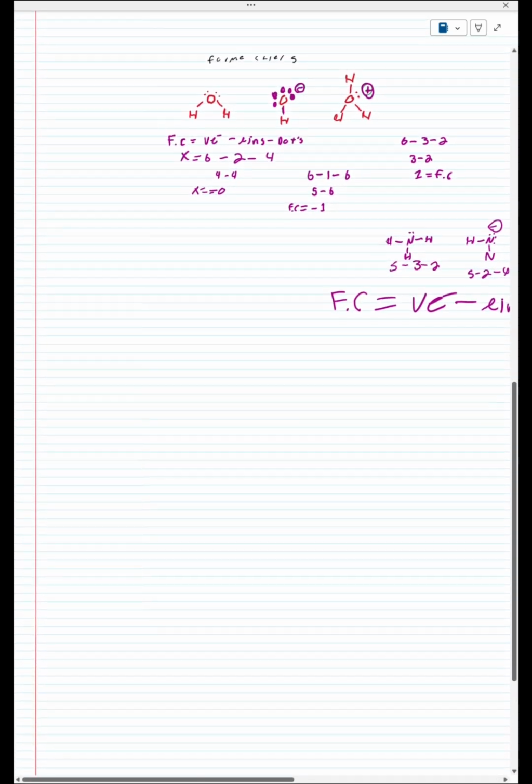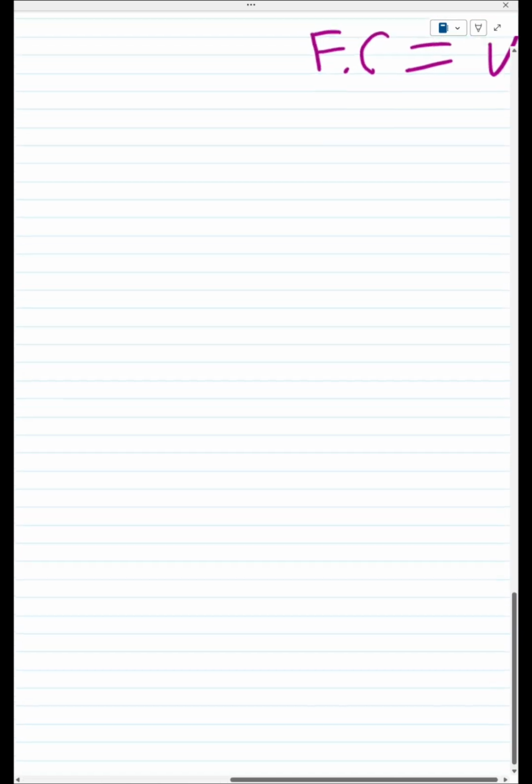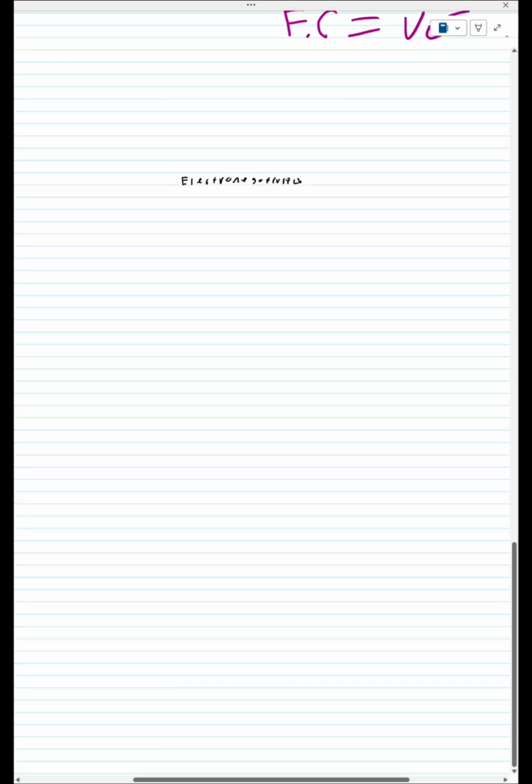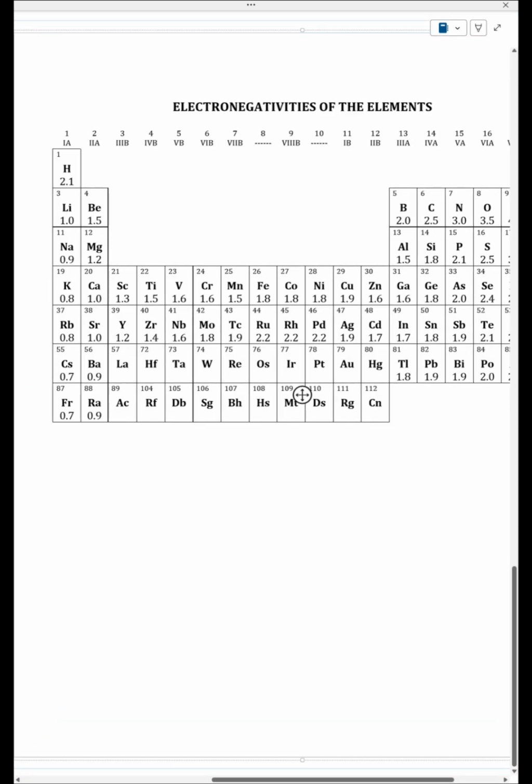The next reminder we're going to go over is back from Gen Chem. And like I said, all this should be review or barely relearning. You should have this already engraved. But the next topic is electronegativity. Electronegativity is how strongly an atom attracts shared electrons. So if we remember from our periodic table,